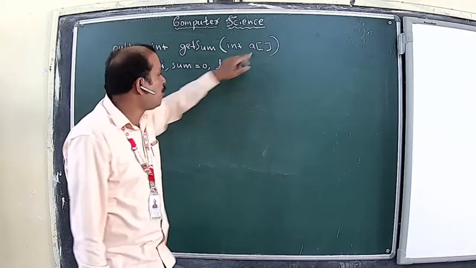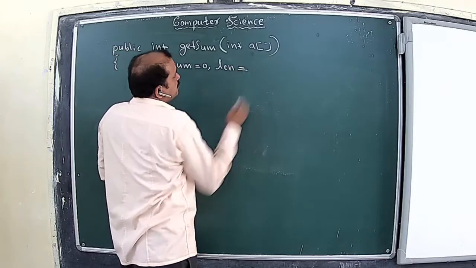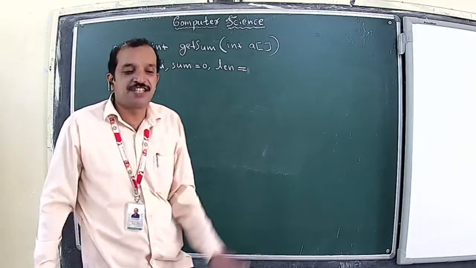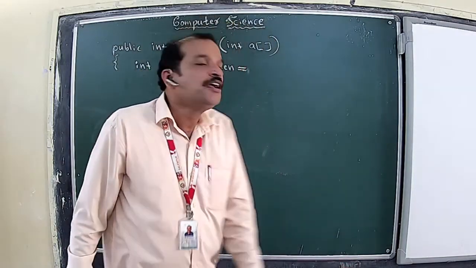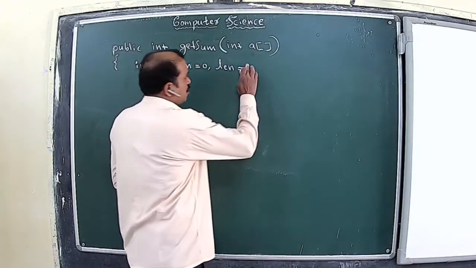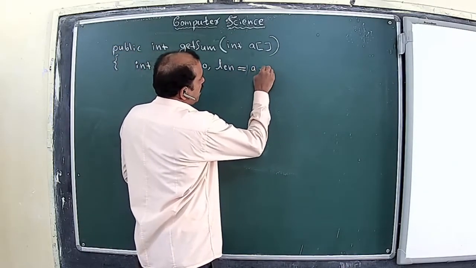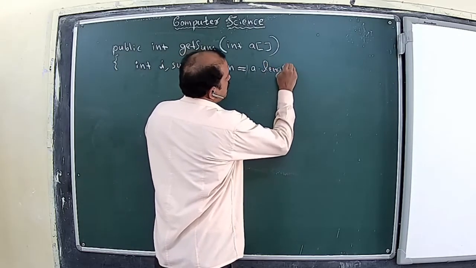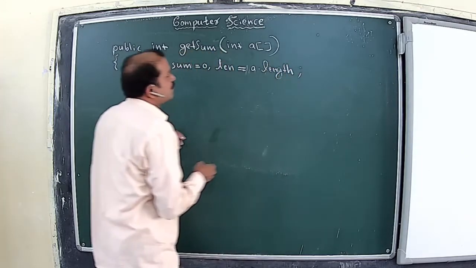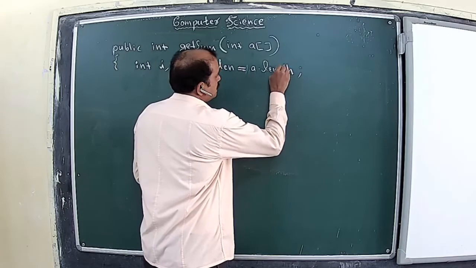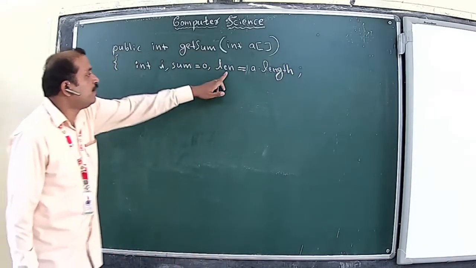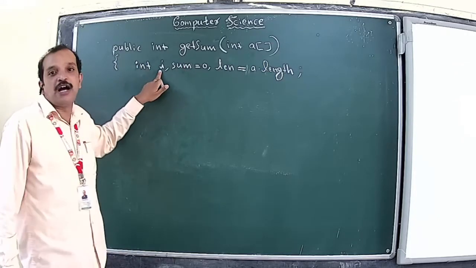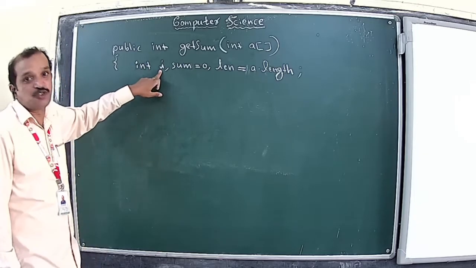But there is a technique for finding the length of the array, just like using the string function. In our coming sessions, we will also learn about string related operations, in which the length function is also there. In a similar way, the length of the array also can be found using this technique: array name dot length. Using this one, we have the length of the array here. We have a variable to store the sum of the elements in the array, as well as the loop control variable to iterate through the various subscripts of this array.